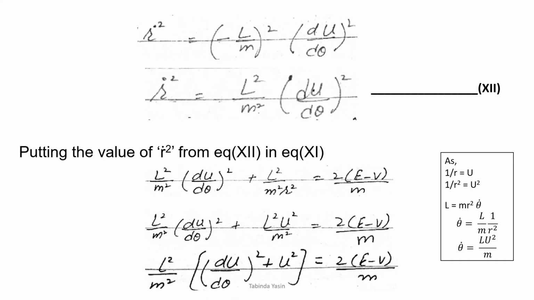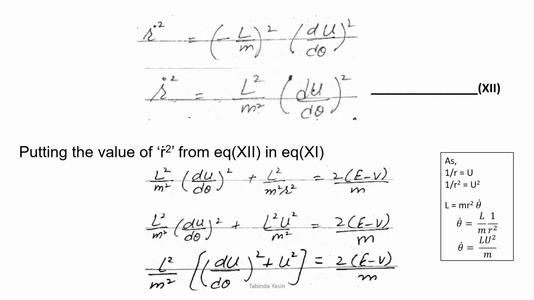Now we can use that equation of r dot square from equation 12 in equation 11. We substitute that value, we have L square over m square into du over d theta whole square plus L square over m square into r square, L square over m square r square, is equal to 2 into e minus v over m,